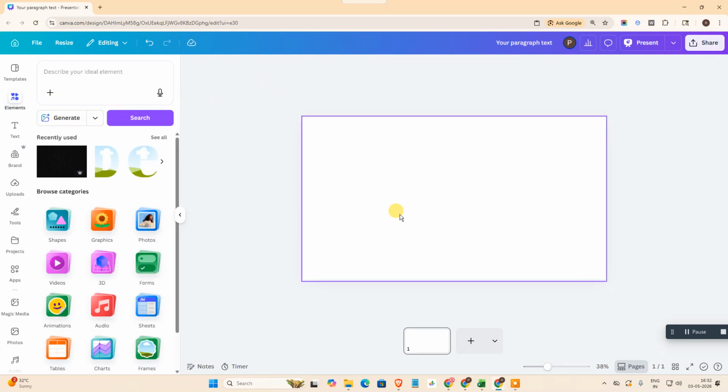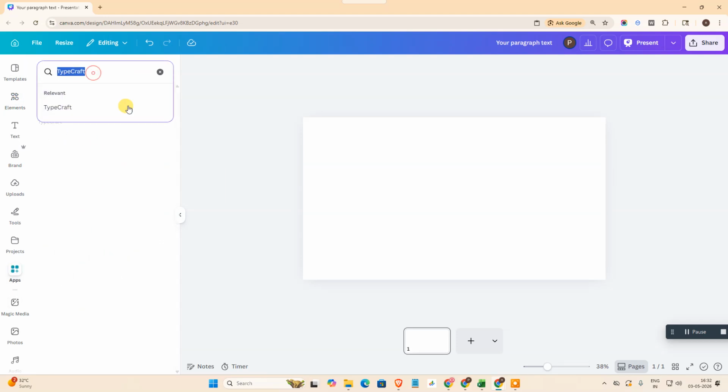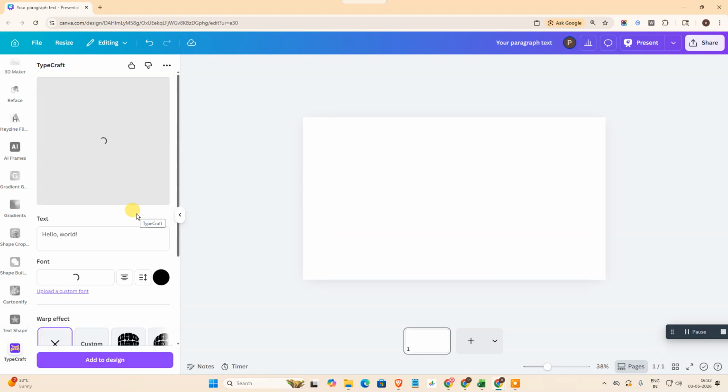Second method is the one app you can use. Okay, go to the apps and search for Typecraft. Here, open it and here type your letter. Okay,